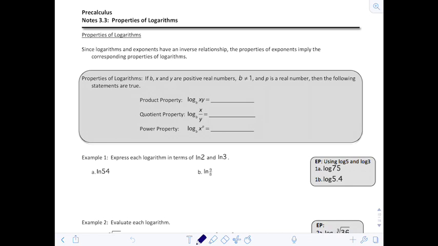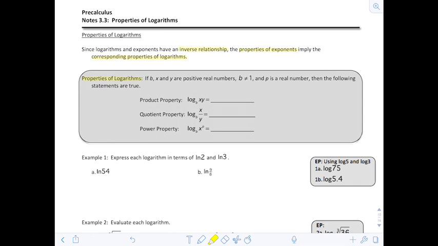of these properties. So as we relate logarithms and exponents throughout the chapter, we know that they have an inverse relationship. And when you think about the properties of exponents all the way back to Algebra 1, we're going to be able to see some correspondences with the properties of logarithms and how they relate. Addition relating to multiplication, subtraction relating to division. So as we look at the three properties that we're going to deal with today,